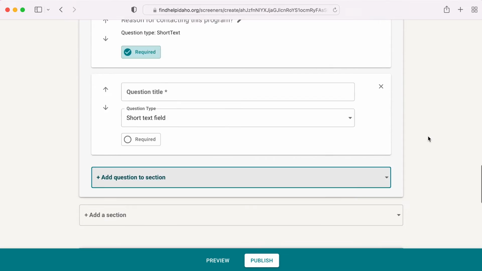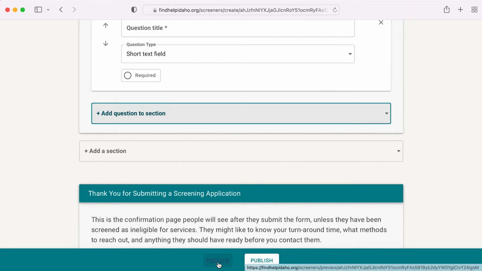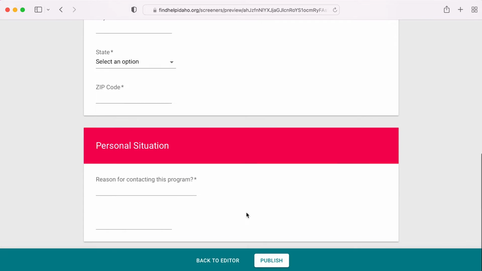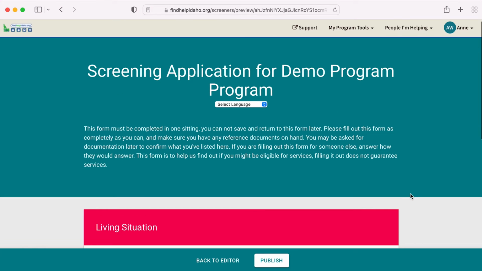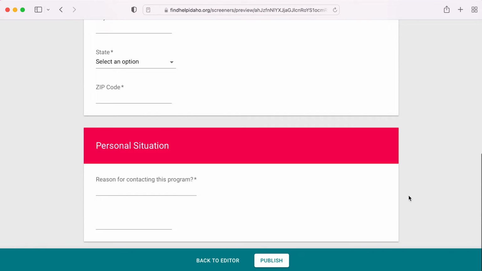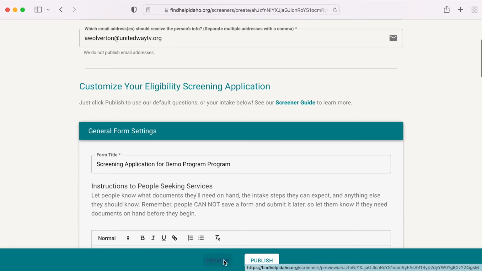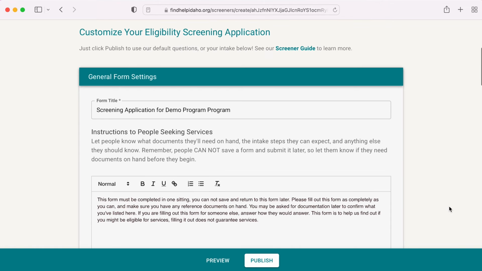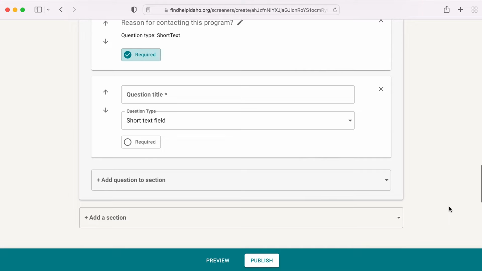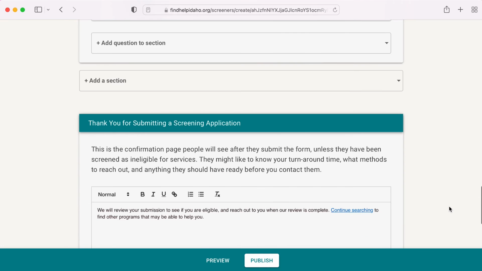Once you are happy with your form, you can preview it here. It's going to show you everything that you just entered. If you're happy with it, you can go ahead and publish. It's going to go live on the site immediately. Or you can always go back into the editor and make updates. Even once it's live on the site, you're able to edit it at any time, making updates as your program